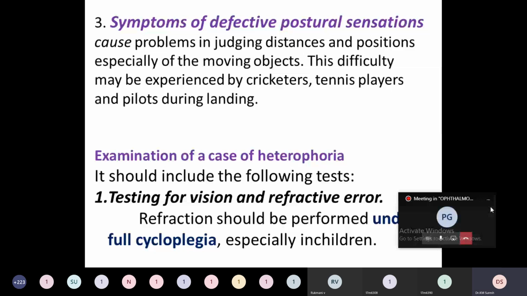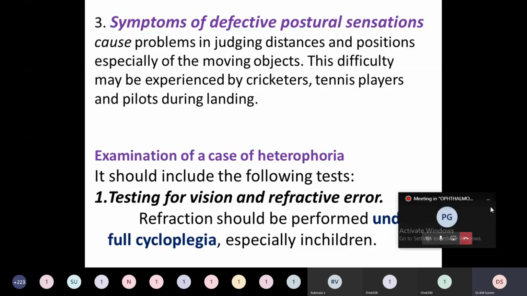So how do you examine a case of heterophoria? The first and the foremost thing that you have to do is proper testing of vision and refractive error, especially with cycloplegia. If the vision is defective, then you should not only do dry refraction, you have to do refraction with cycloplegics. What are the cycloplegics? Very commonly asked question in Viva Voce is, please name the mydriatics and cycloplegics that are used in the eye. There are 5 drugs: